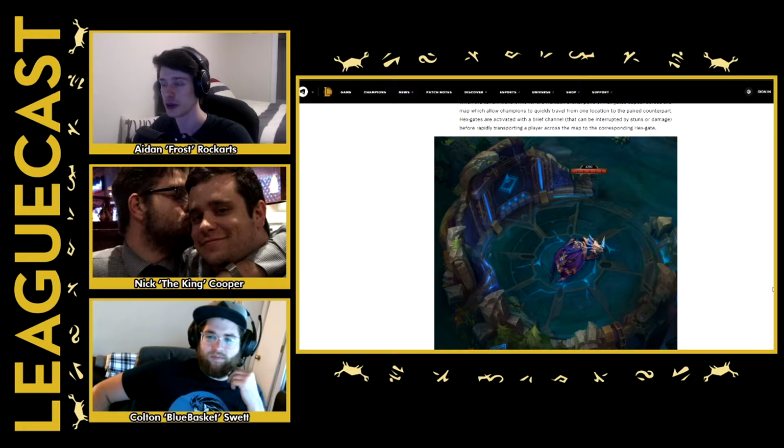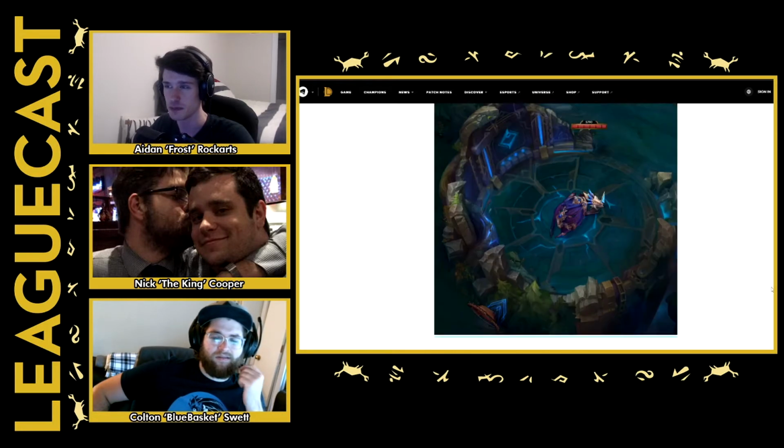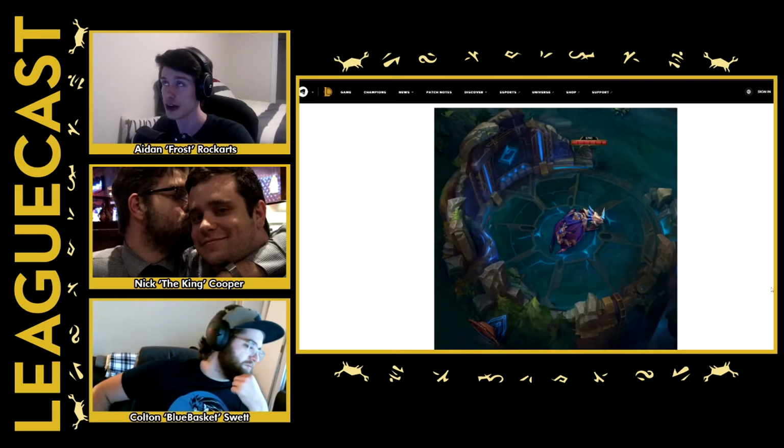And then the other one is from base gates. There's a little pillar in the middle of your base, kind of a weird rock thing. It's that to Wolf Camp, or that to Wraith Camp. There's one on each side. So it's kind of interesting. I don't know if it's going to be good. Apparently, I haven't seen this anywhere, I only read it in a Reddit comment,